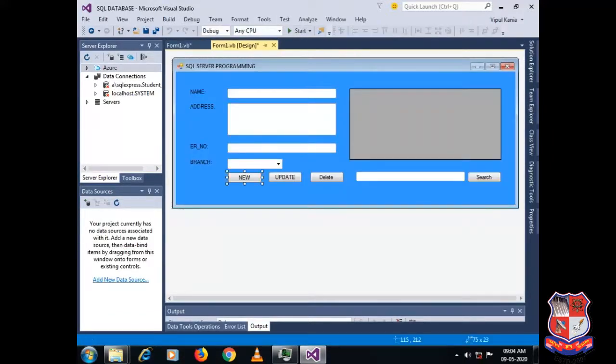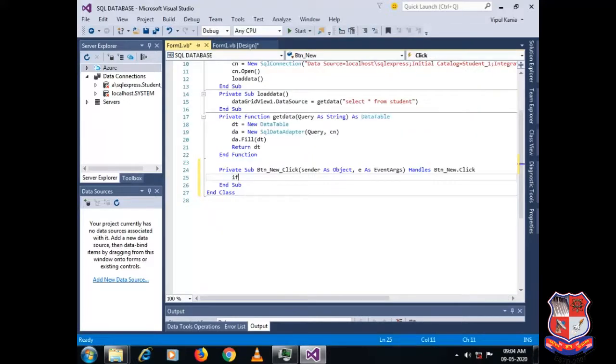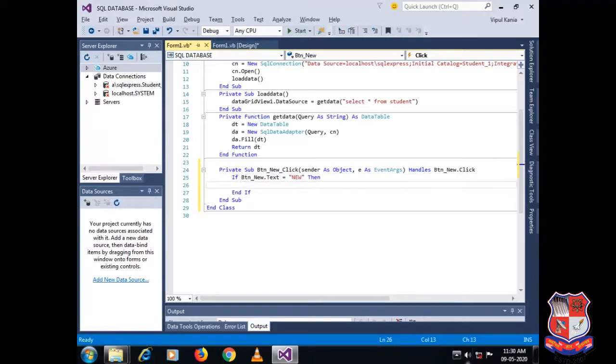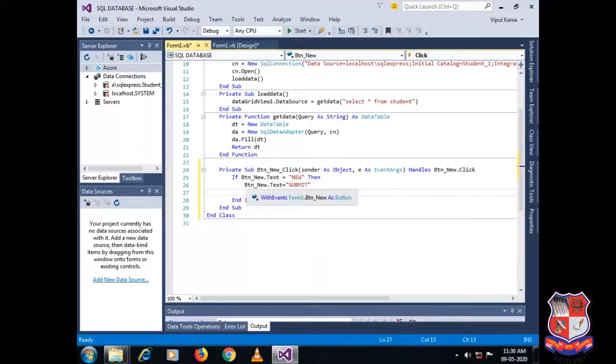First of all, we need to generate a toggle button. If btnNew.Text is equal to New, then btnNew.Text is equal to Submit, else btnNew.